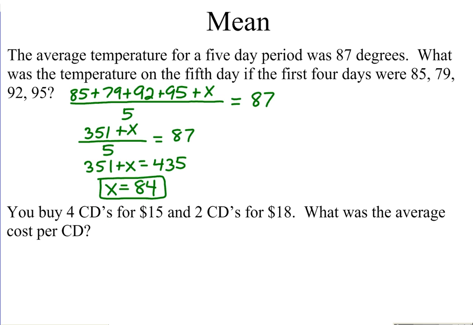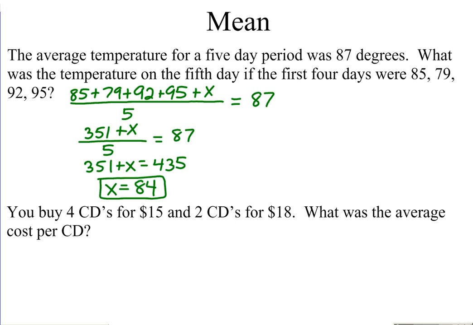Next one, you buy 4 CDs for $15, 2 CDs for $18. What was the average cost per CD? This is like finding a weighted mean. You cannot simply add up the dollar amount here and divide by 6 because each CD is a different price. So what we need to do is find the total dollars spent on all 6 CDs